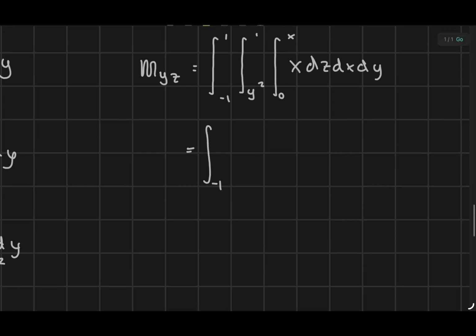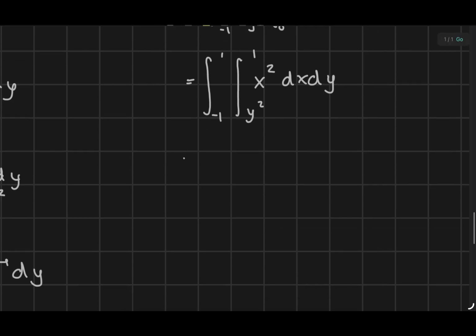This is going to be from negative 1 to 1 and y squared to 1 of, well, that's going to be x squared dx dy. Actually, I don't need to do that, sorry. 1/3 x cubed from y squared to 1 dy,